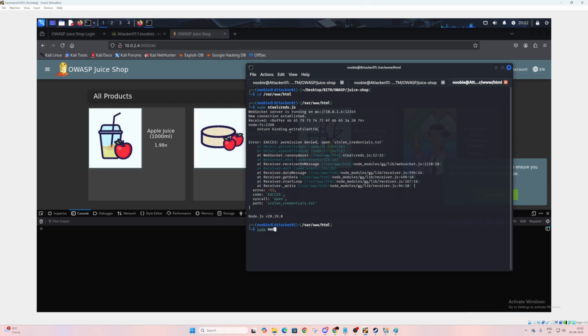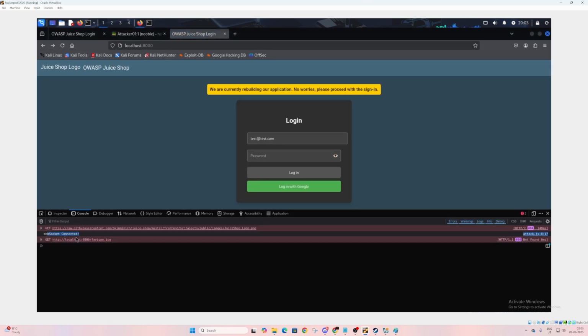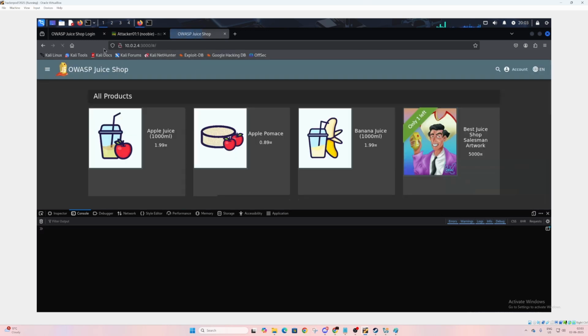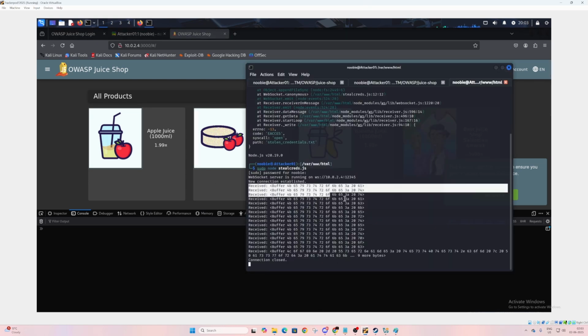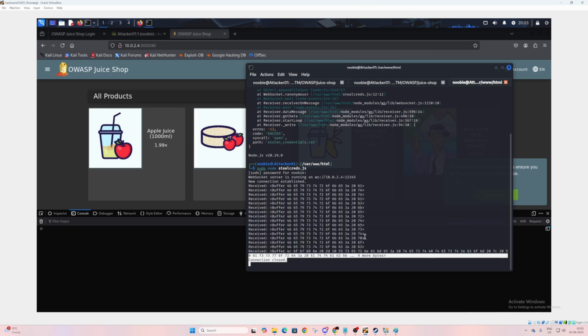So let me run that again so that I can show you again. It's nothing big, I just don't have permission to write on this directory. Now let's reload it. Again, the WebSocket is connected. I will enter attacker test POC as the password, and I'll be redirected to the original site. Let's go back to our socket server. You see all the keystrokes have been captured here, and the connection is already closed